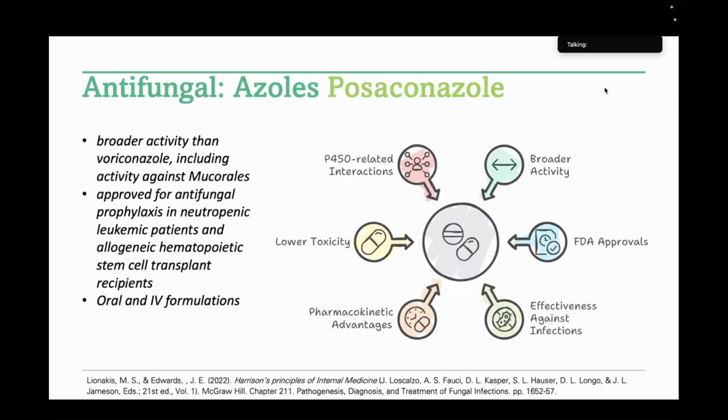No? It is approved for antifungal prophylaxis in neutropenic leukemic patients and patients who are hematopoietic stem cell transplant recipients. So meaning prophylaxis when you undergo chemotherapy for leukemia or transplant, you have to give posaconazole within the first 3 months to prevent fungal infection. The advantage here, you have both oral and IV formulation. Okay, so that's the current status of your